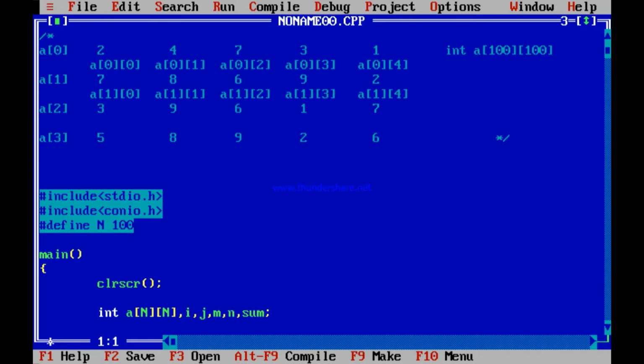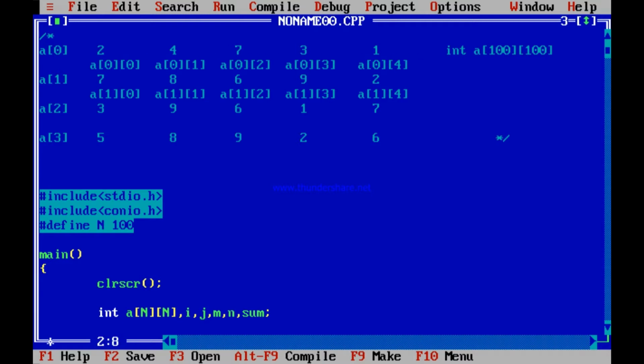So I start from the point where last lecture was left. See, this array, I was talking about a 2D array. A 2D array means, say int a[100][100], it will mean that there are 100 arrays, that is, it is an array of arrays, 100 arrays, where each array consists of maximum 100 numbers. So maximum 100 arrays with maximum 100 numbers each array. Or you can think of it as a matrix, a 2D array.